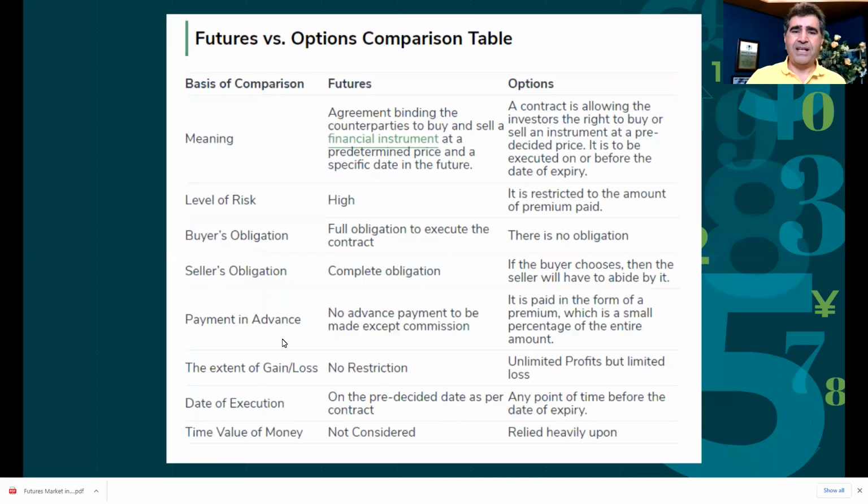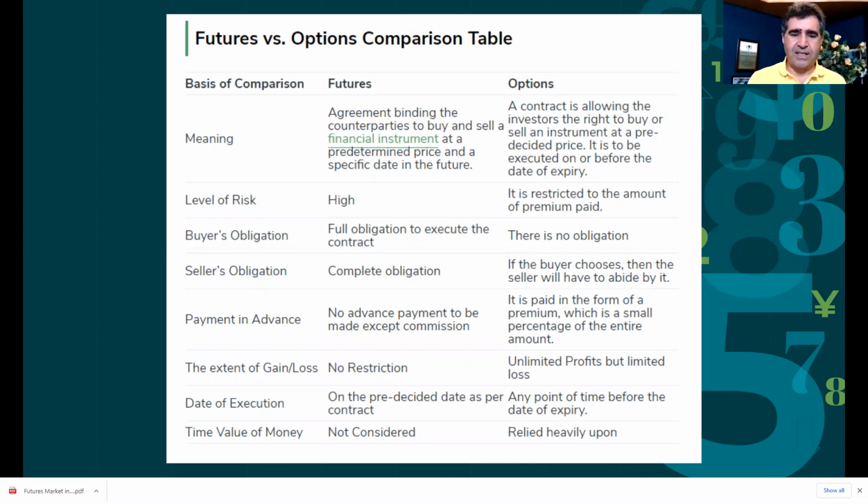Now, payment in advance, that's the beauty of the futures, really, as long as you have the margin and you have to pay just a tiny bit of commissions. If you have that money in your account, they don't take that money and spend it. That money is, as I mentioned, a goodwill kind of deposit. Obviously, we're talking mostly debit. With the options, you just pay that premium, and that's deducted. So basically, that's the difference again.